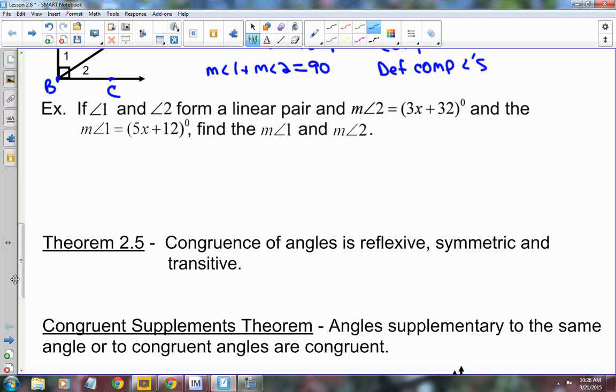They're supplementary, right? Which means they add up to 180. So what I could do is add these two together, 5x plus 12 plus 3x plus 32, and that is going to be equal to 180. So we end up with 8x plus 44 equals 180. We subtract 44 from both sides,